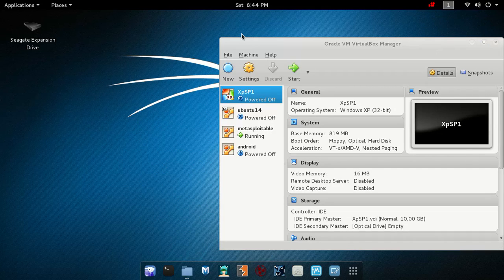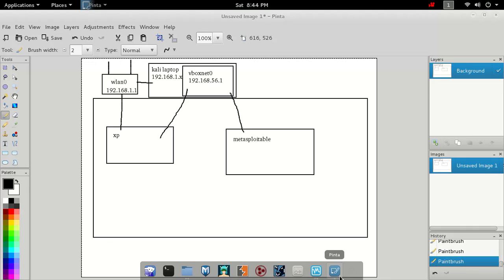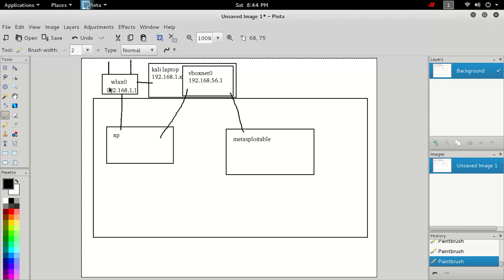So in this video I'm going to explain the networking between our virtual machines, basically our Kali laptop, our XP and the Metasploitable. So I've drawn a diagram to explain this. This bigger rectangle is our virtual machine and this second rectangle is our Kali laptop, and we have two